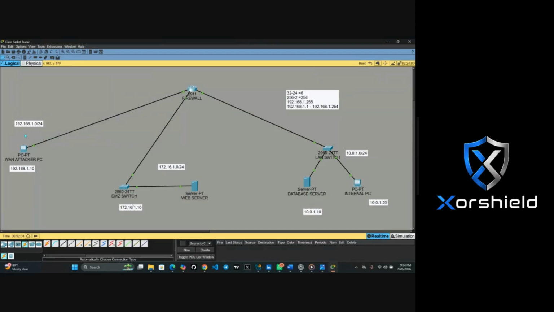But the DMZ that is here will not allow it. He's standing here like a military man, saying no, even though you come here, even though you take anything from the web server, you cannot take it.